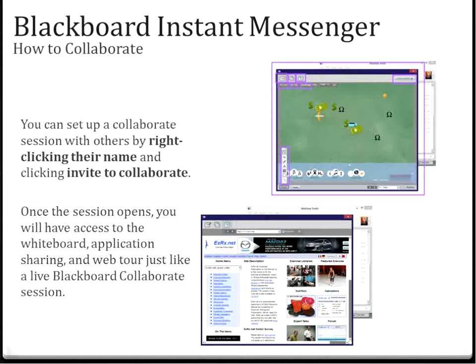They would use the Collaborate on here. Now also, like I was mentioning with the little icons, such as this one here, you have the web tour. So here in this example, I used EXRX. So if there's a website or there's something that a person wants to show you, like let's say a piece